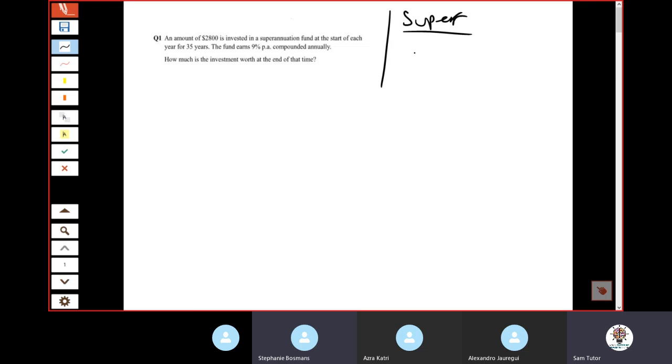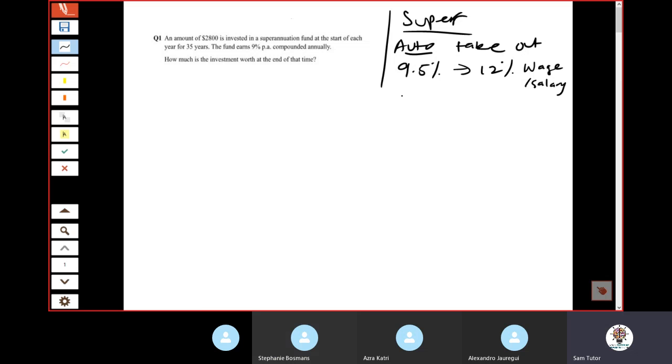You don't, it is automatic. It's set up by your employer. They have to automatically take it out. Right now it's about 9.5%. I think by the time you guys are working, it will creep up to about 12%. So they have to automatically take that out, 12% of your wage or your salary,